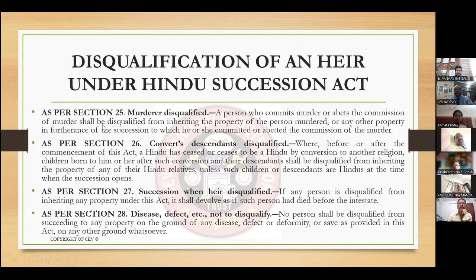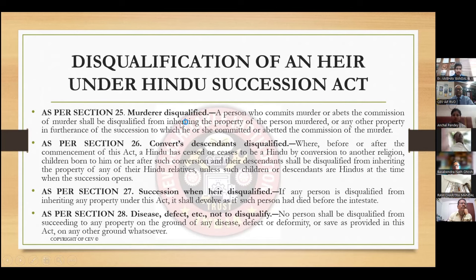Now we will discuss a very important topic, disqualification of an heir under the Hindu Succession Act. Who can be disqualified from succession? As per section 25, murderer disqualified. A person who commits murder or abets the commission of murder shall be disqualified from inheriting the property of a person murdered or any other property in furtherance of the succession to which he or she committed or abetted the